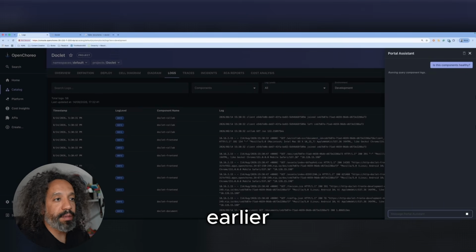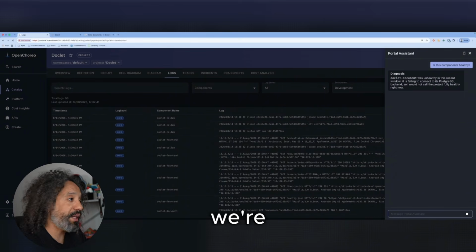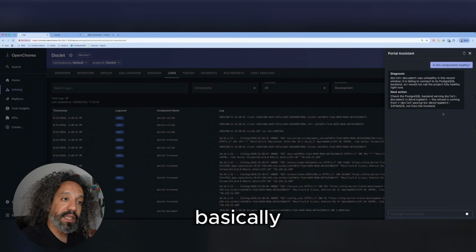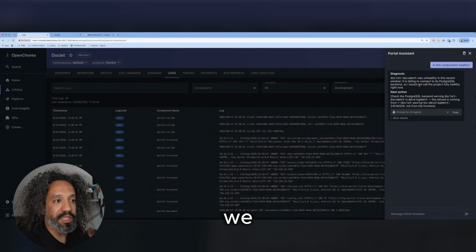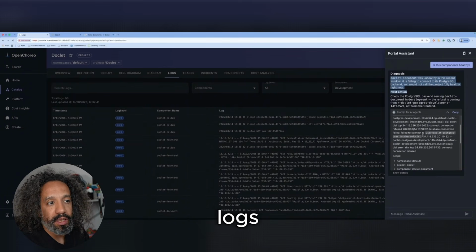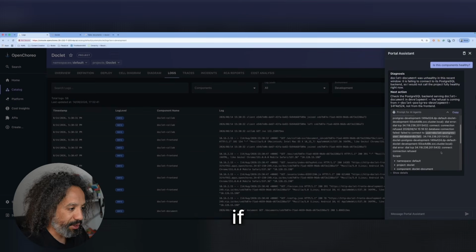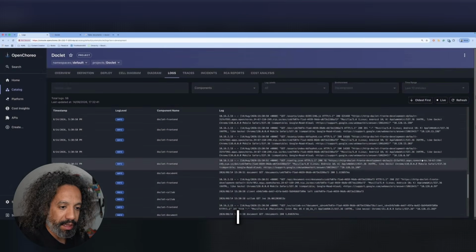So I have talked earlier about the multi-control plane architecture of OpenChoreo. We're going to look into it in a second. But basically, what we see here says it's unhealthy because it's based on very recent logs, and these, I believe, are old logs. I was playing around, so I caused an incident. And in this case, it was saying, okay, this doesn't look very healthy. If I scroll a little bit further, I can say,